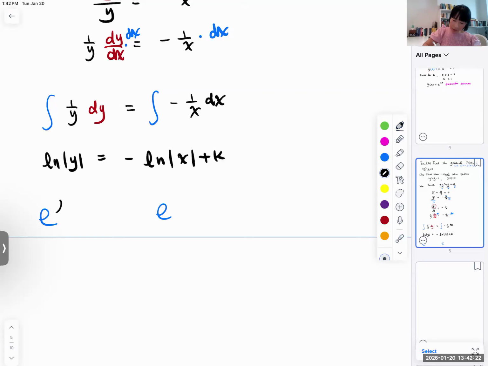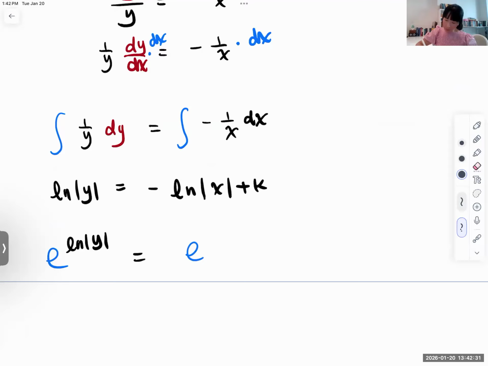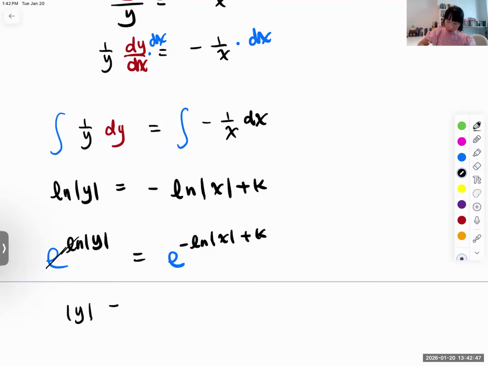So we will have e to the natural log absolute value of y, and e to the negative ln absolute value of x plus k, right? Okay, then that will be absolute value of y equal to